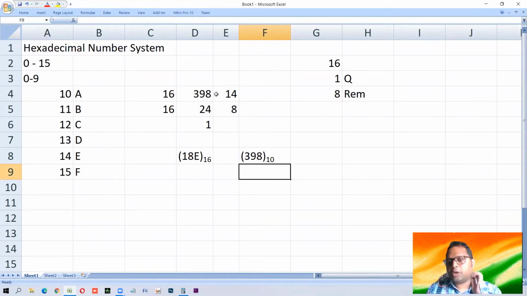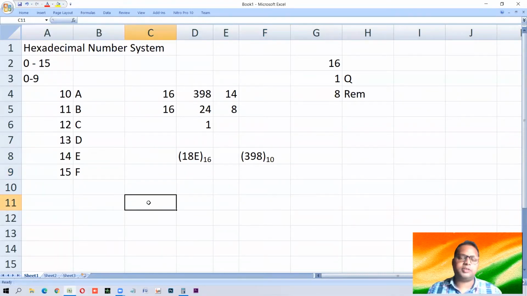Now if you want to convert any given hexadecimal to decimal, then what? If you have understood how we can convert a given binary number to decimal, the same way applies. Just in place of the power of 2, we raise the power of 16. So let us see it carefully. Suppose we have been given some hexadecimal number, let us take this 18E.